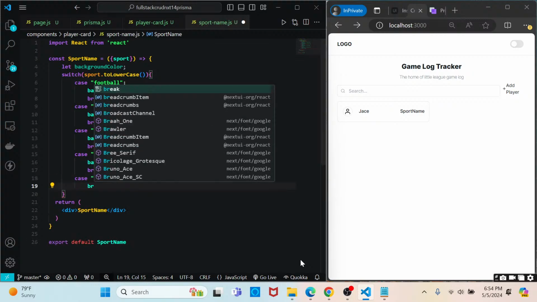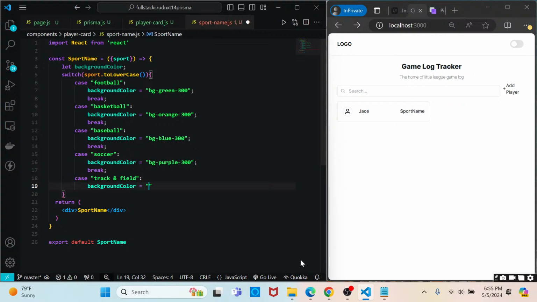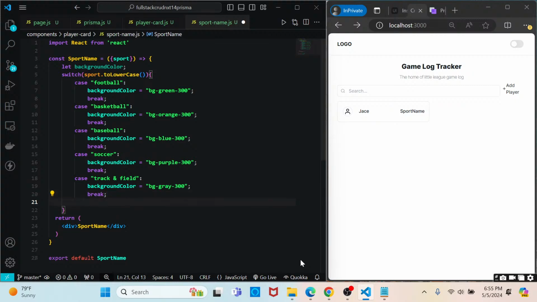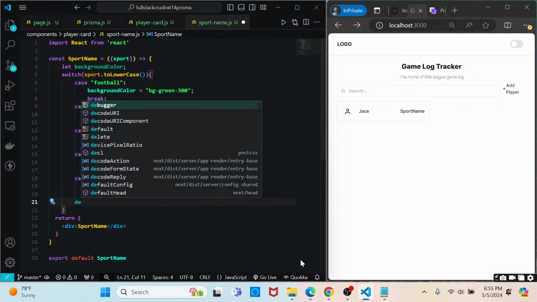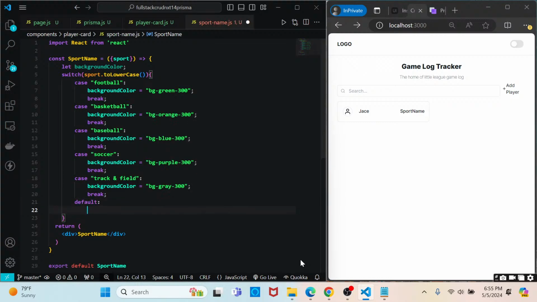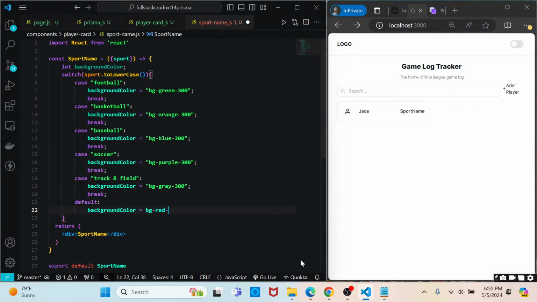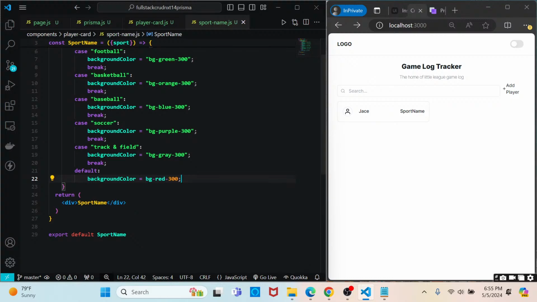And then we'll say background color be BG gray 300, and we'll say break. And then we need to set a default, so we'll say default. We'll say background color is BG red 300. Okay, and now within this div, in order to give it the dynamic ability to display, I'm gonna